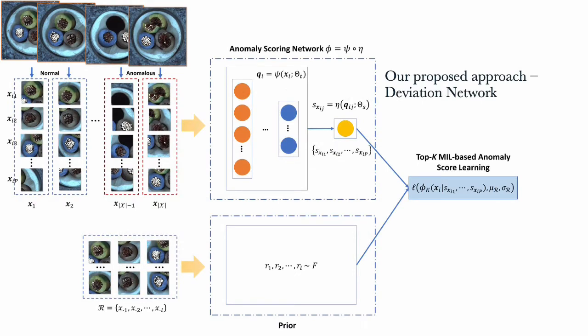Let's check the high-level idea of this proposed deviation network. So we first use an anomaly scoring network, which is a function, to output a scalar anomaly score for every image patch of a given image input X. So just check this plot. In this case, we use anomaly detection in images as an example. Of course, the method itself is generic and it can be applied to other different types of data, for example,